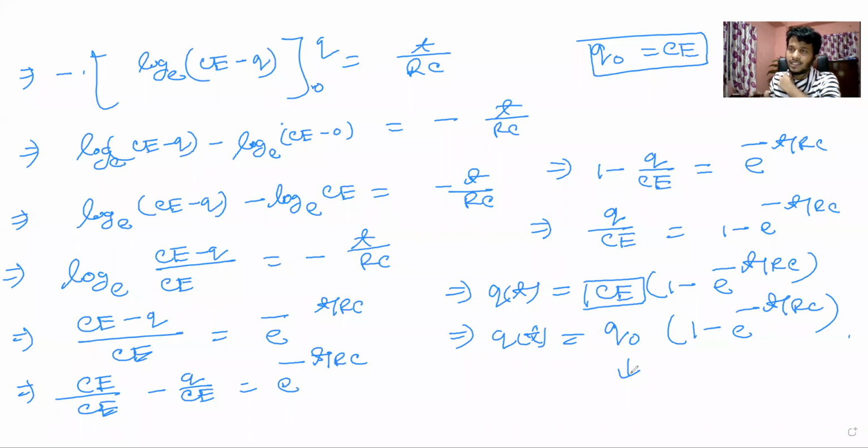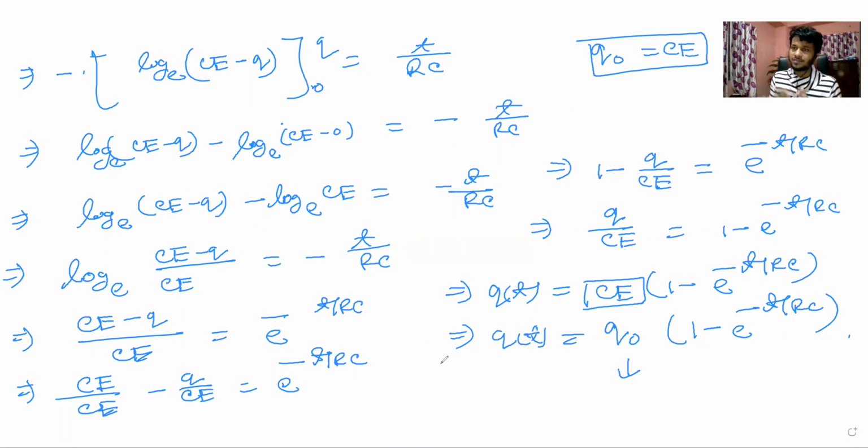Now we are analyzing the transient state, or transient behavior, of the charging phase of a capacitor. That means in between the initial state and steady state, what happens? If we want to calculate the amount of charge getting stored on the capacitor in between the initial state and steady state, then of course we must use this formula, isn't it? Even using this formula, we can calculate the charge at any time.